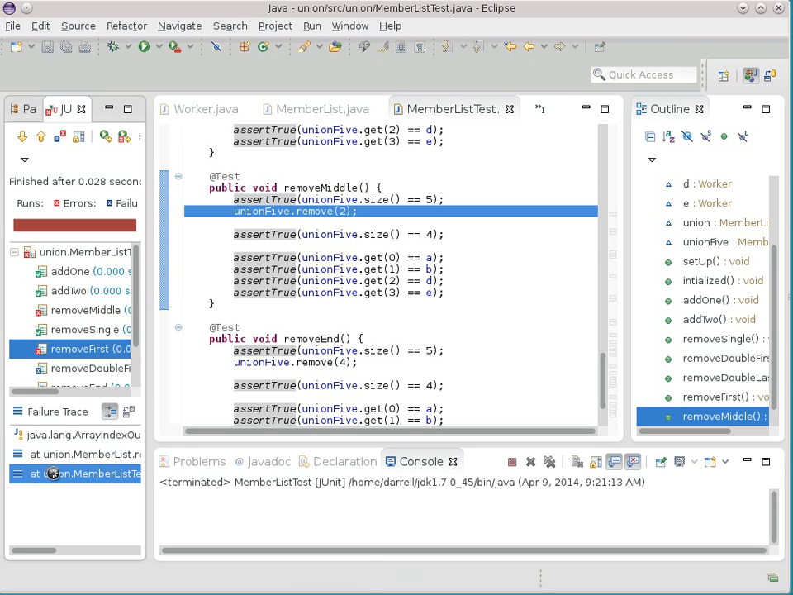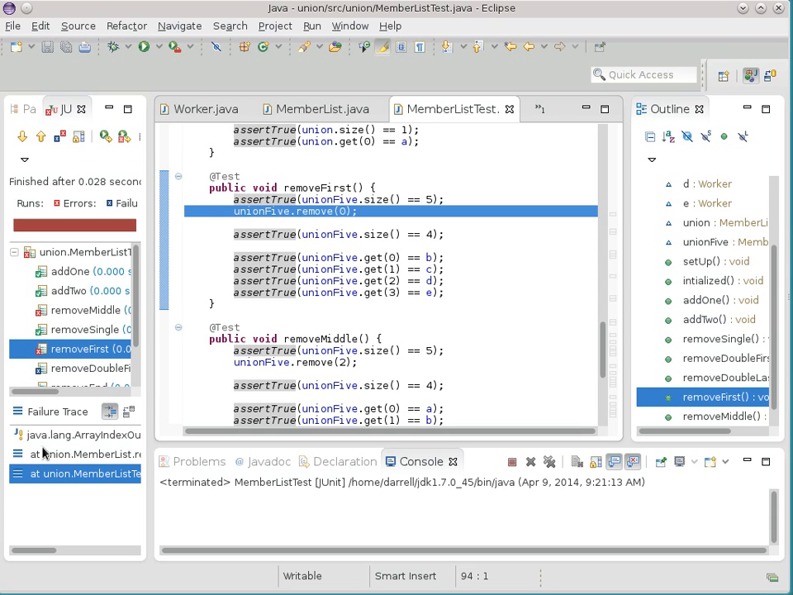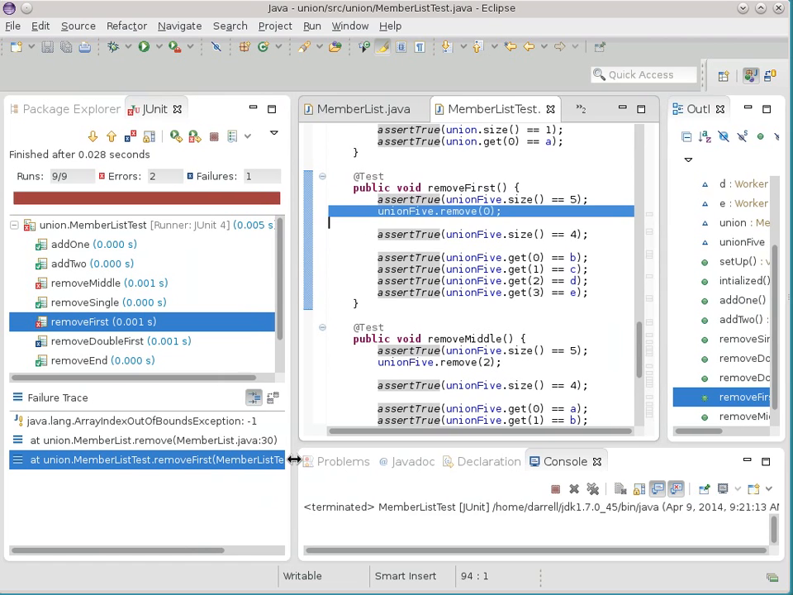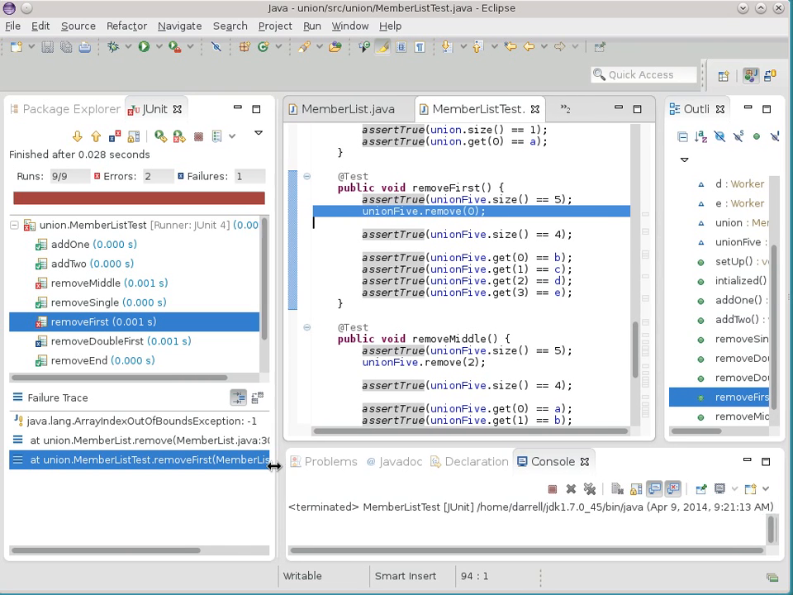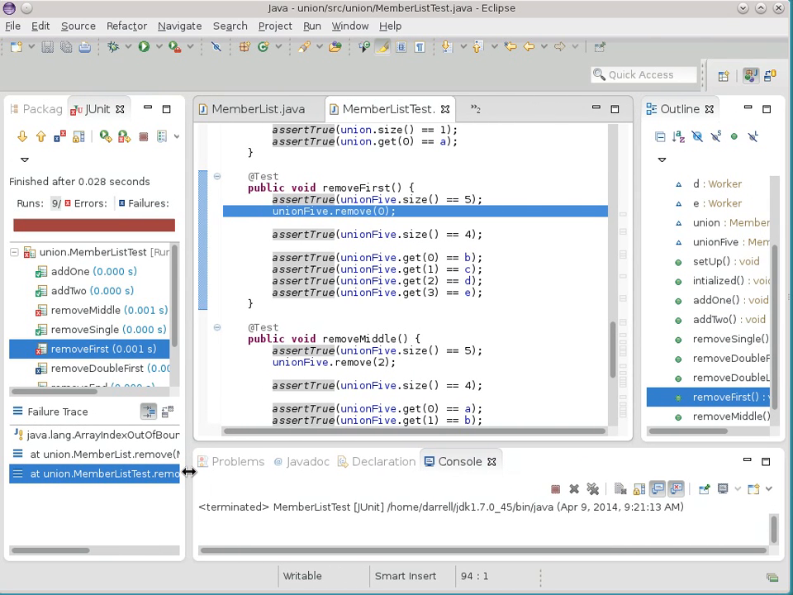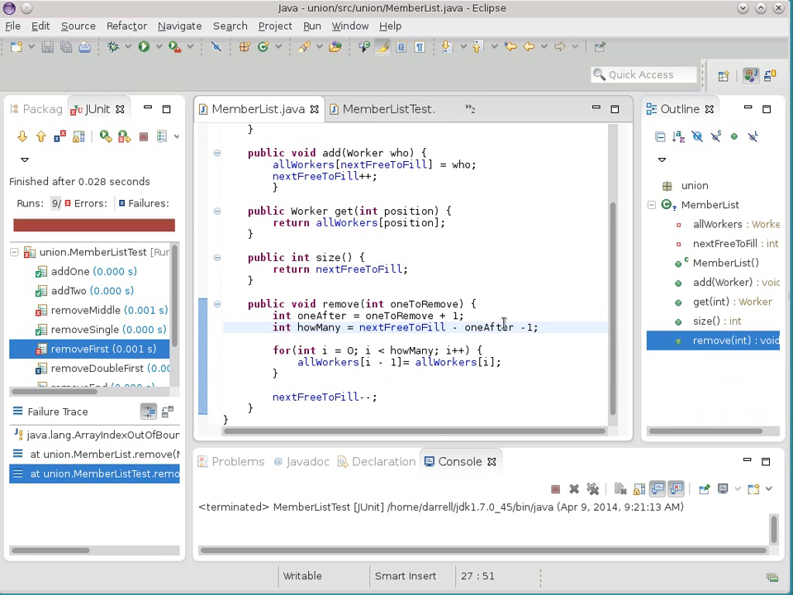Remove first. Oh, that looks like a good one. So remove the 0, 1, and it's getting an index out of bounds because it's 1 off of where it should be when it tries to remove the 0, 1. So the position is wrong. It's 1 less than it should be. So let's go back in here and let's say it needs to start at,